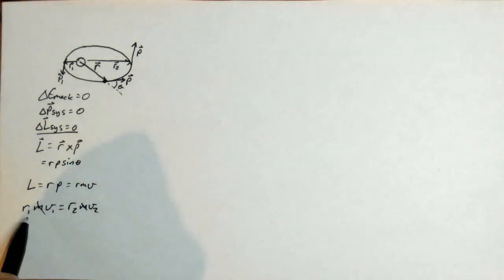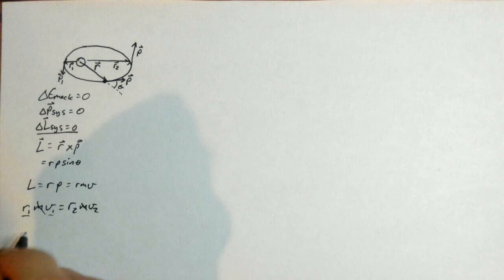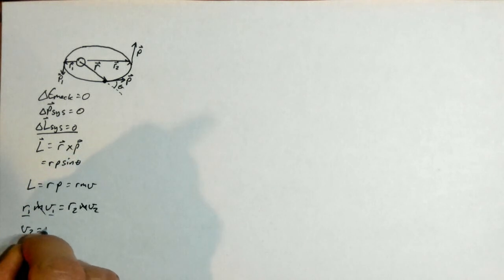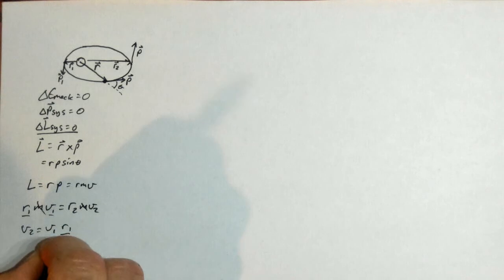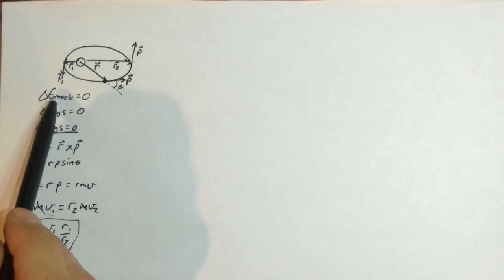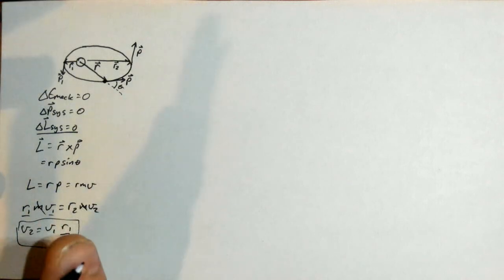Okay, but what becomes useful is that at these two points we have a constrained relationship. We can say that V2 equals V1 R1 over R2. Okay, that's one relationship we have. Now with that, and combining it with conservation of energy, we can figure out how a spaceship would need